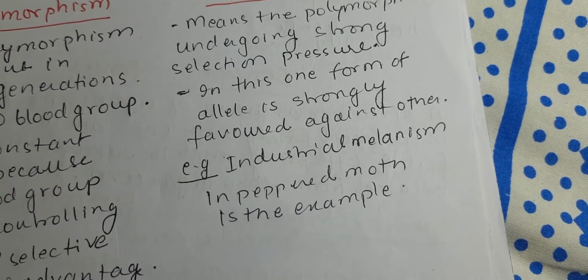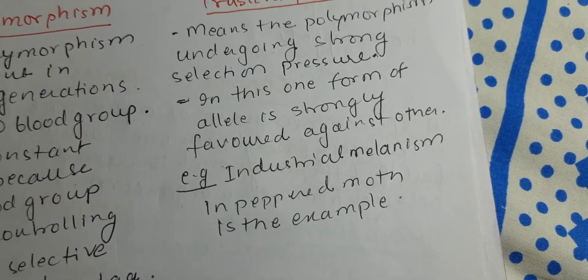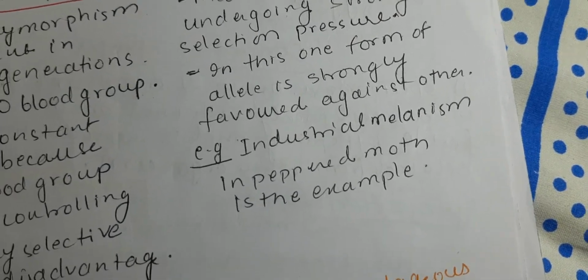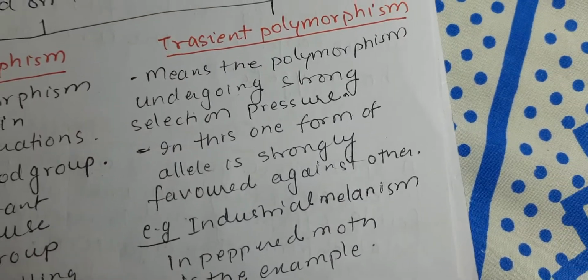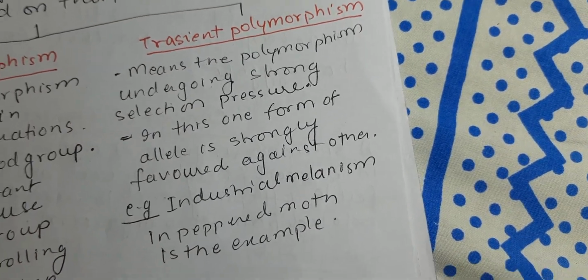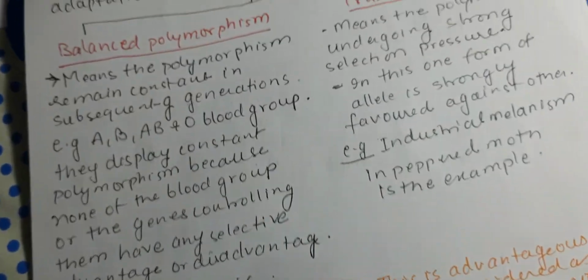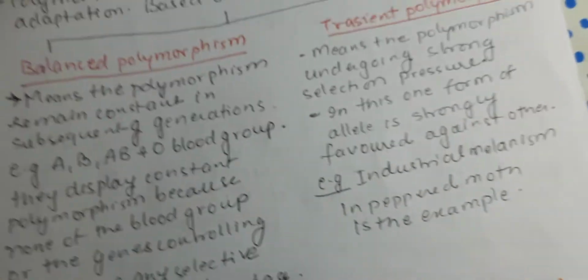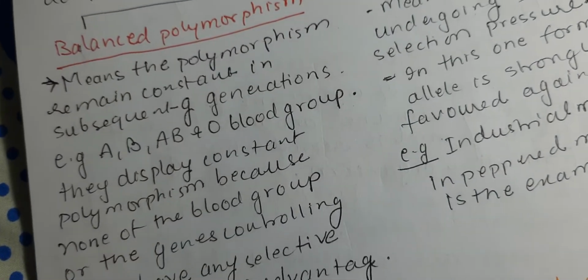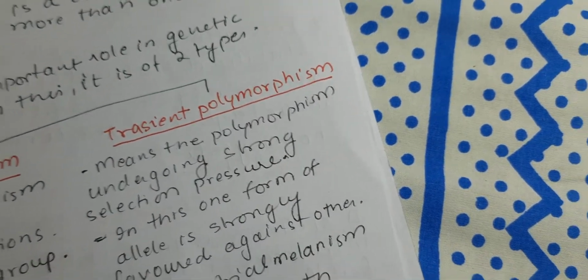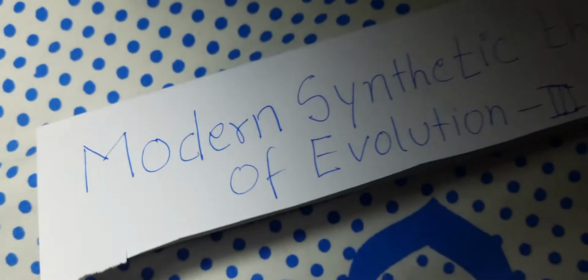Industrial melanism. It is also an example of directional selection, but one particular allele is favored because of the changes in the environment. So this is an example of transient polymorphism. So there exists polymorphism in the gene according to the requirement, and some of them become settled, you can say, in the gene pool. So that is called balanced, and some of them keep changing because the requirement is such, so they are called transient. Then we have